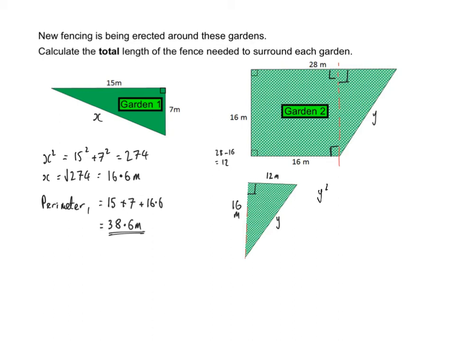y squared is 16 squared plus 12 squared, and that comes out with 400. So that's a nice number there, because the square root of 400 to find y is just 20. 20 lots of 20. You don't need to really notice this, but if I look at these two numbers and then the 20,